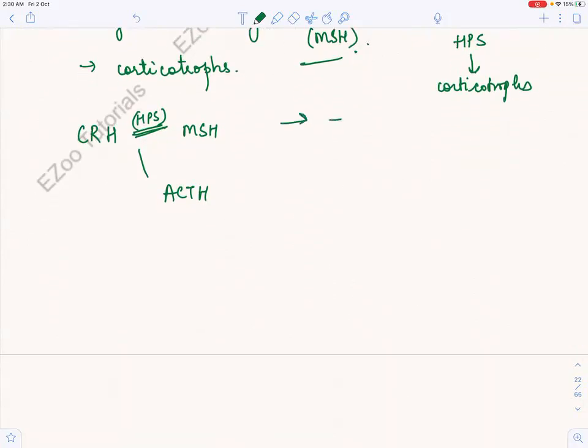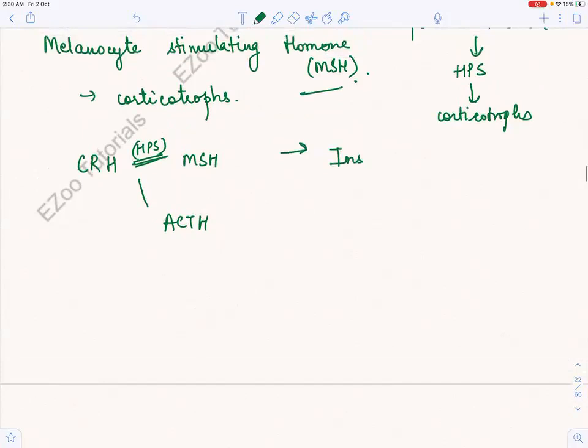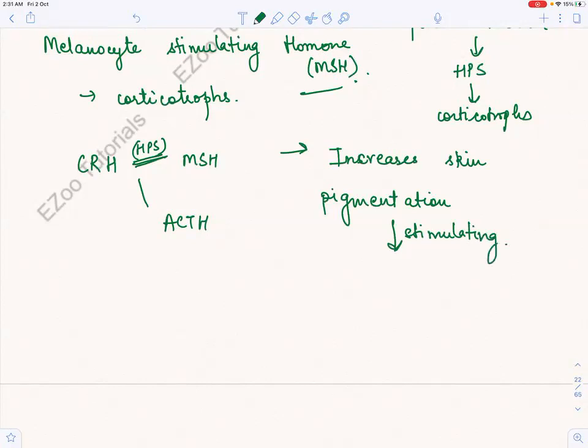So it increases melanocyte stimulating hormone. So it increases what? It increases skin pigmentation, right? By doing what? By stimulating, meaning the skin becomes dark, melanin increases. By stimulating the dispersion of, but you should know how to answer in a formal language, dispersion of melanin granules,